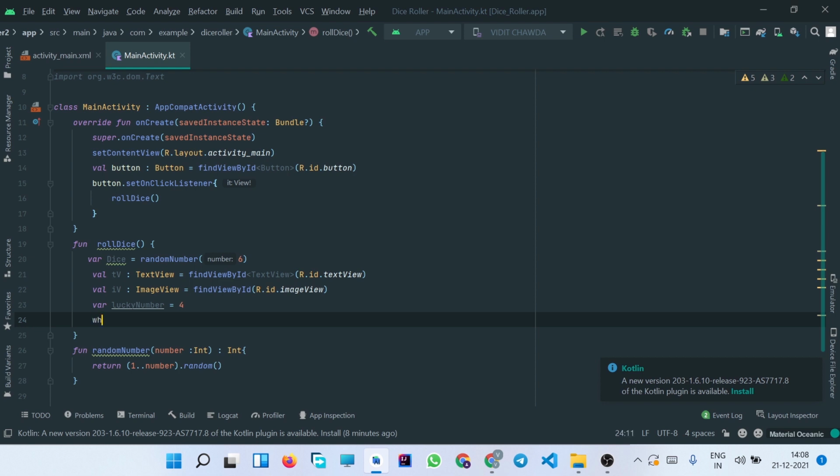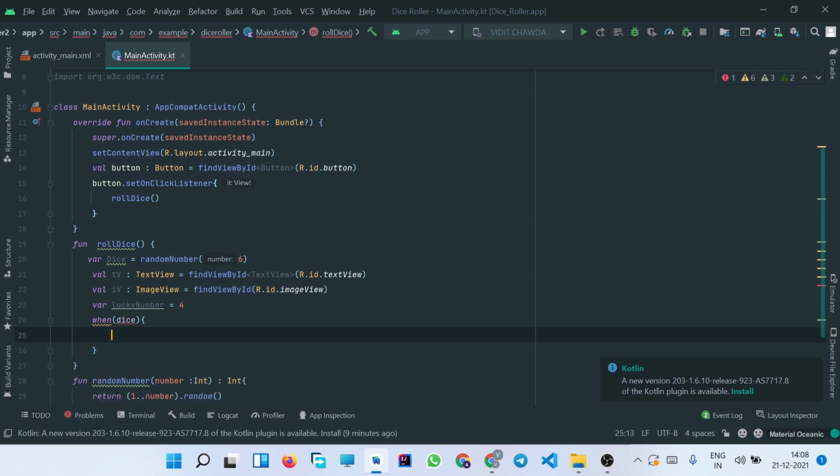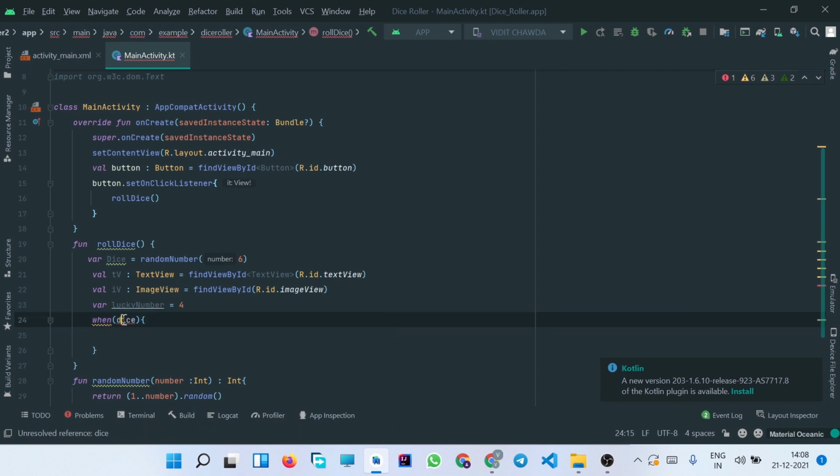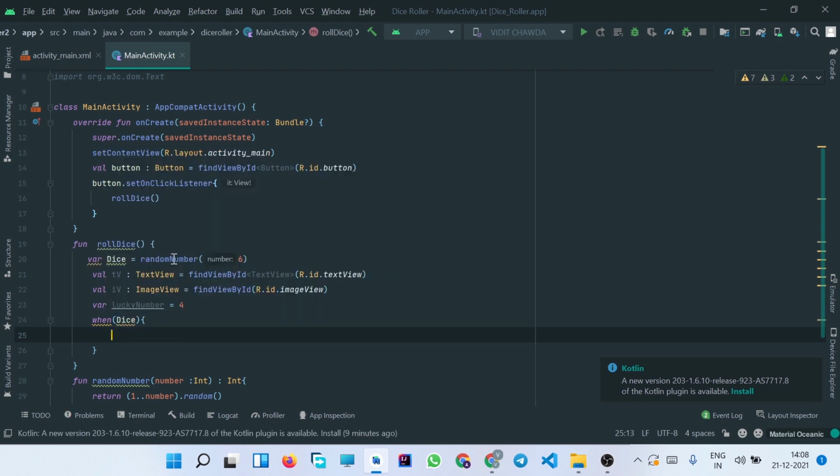So we'll simply write when dice. Okay, the D should be capital. This dice basically has the random number between 1 to 6.